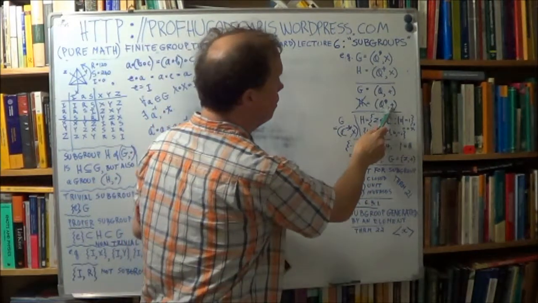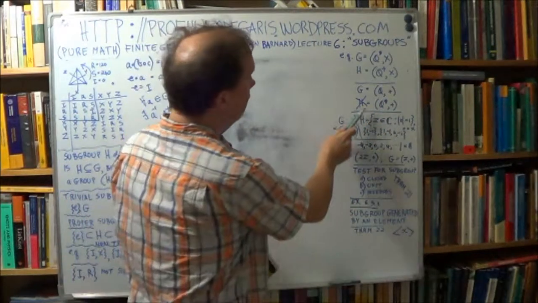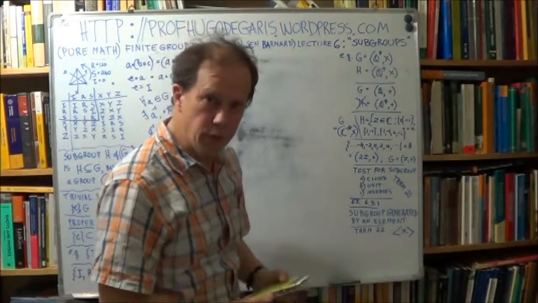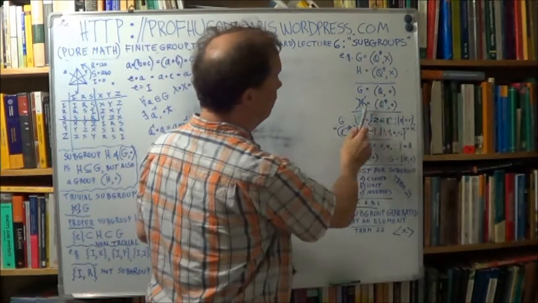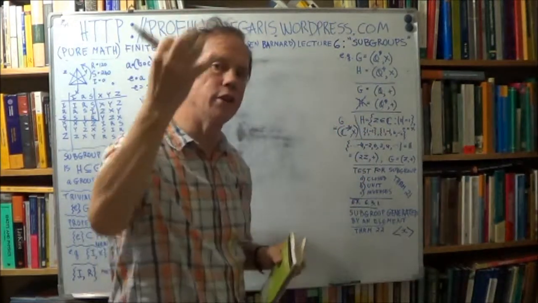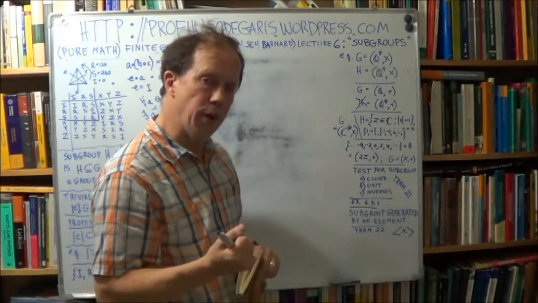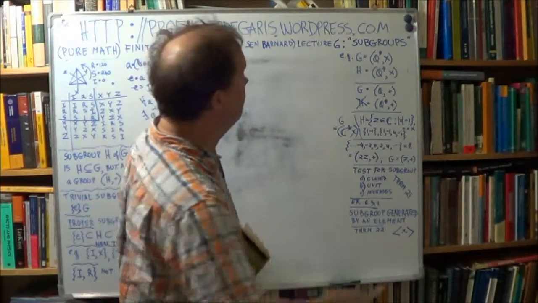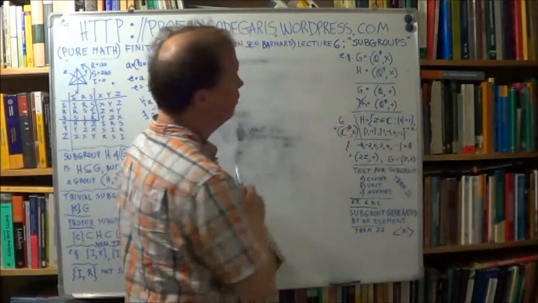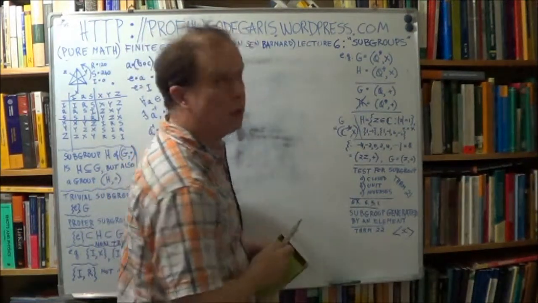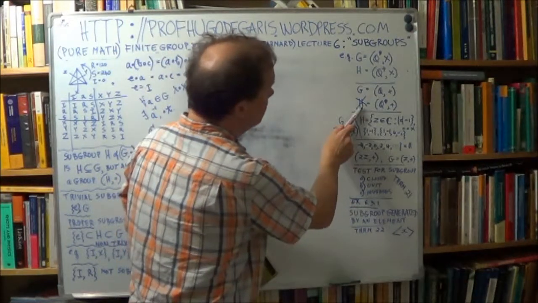I mean, if these two are not the same, then there's just no possibility that this H could be a subgroup, right? It's what I was just saying before. If you have a subgroup, it inherits, it gets the same binary operator from the parent group, from G. Okay. All right. So why is this subset H